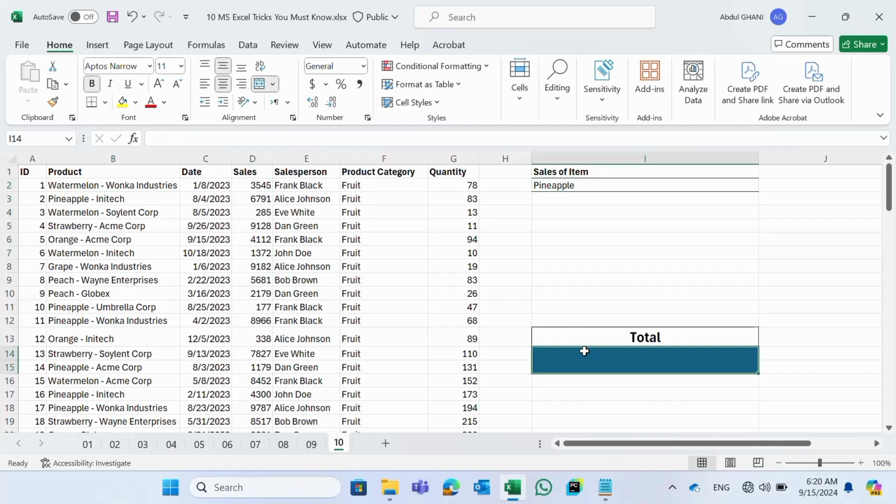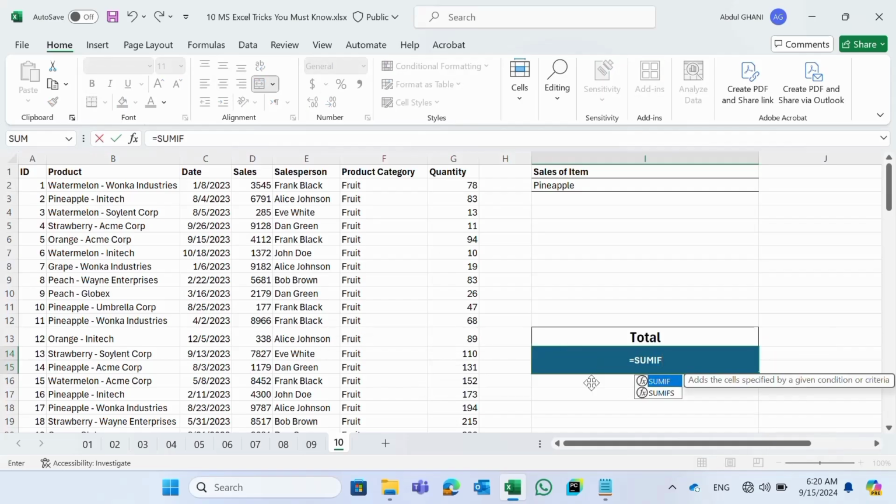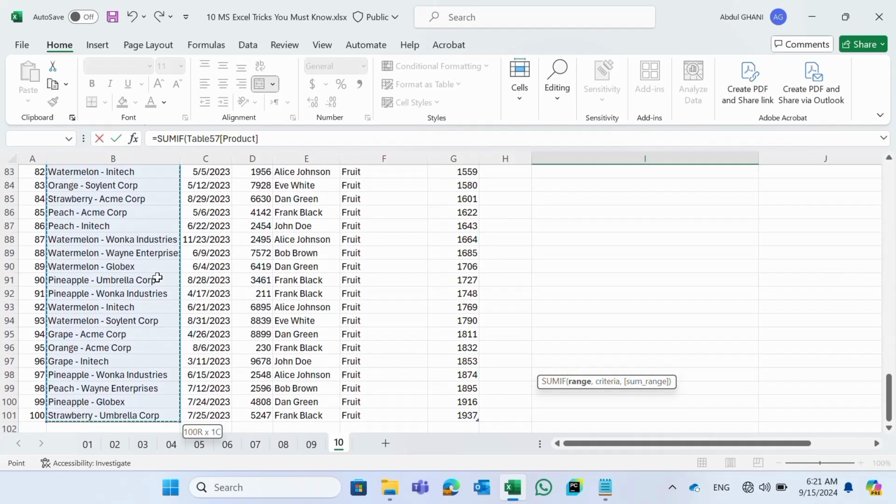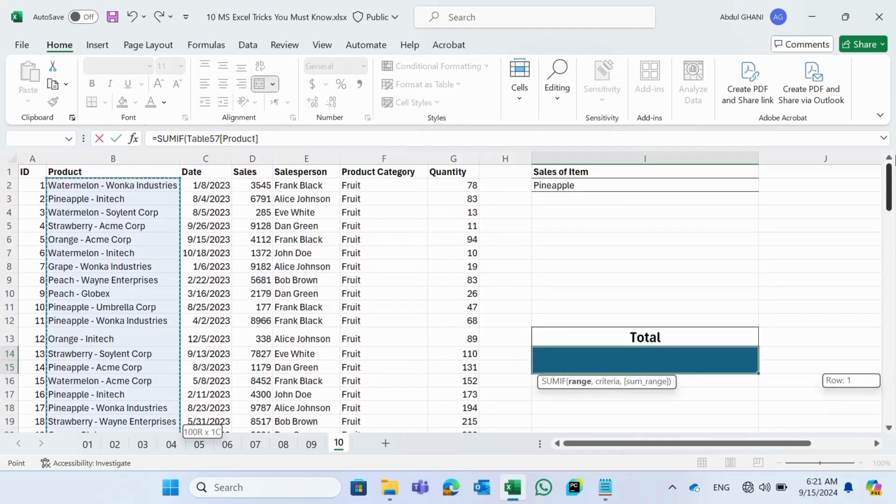So let me add the formula. For that, let's use the SUMIF function. In the range, we need to select this range. Press Ctrl Shift arrow down to select all these values here. Go back to the function. Press a comma. In the criteria, if we select this item, it will not be equal to these items because